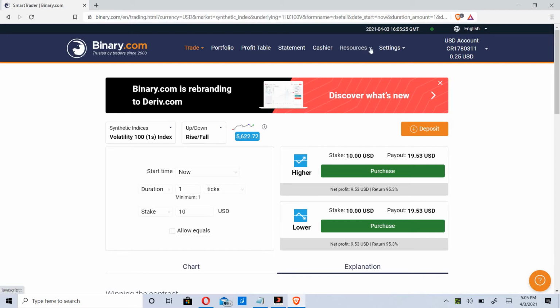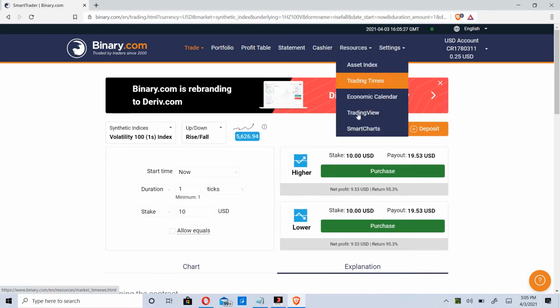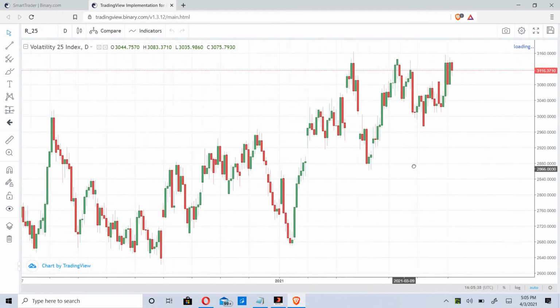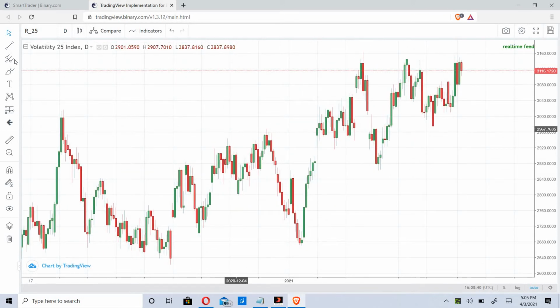resources link, click the drop down menu and select Tradingview. Boom. So this is your